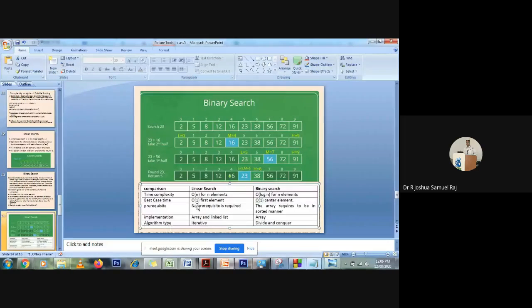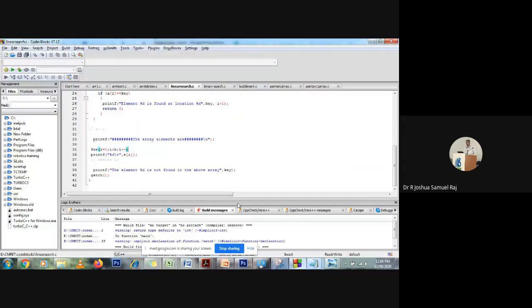The algorithm type: linear search is iterative. You repeat from 1 to n, right? Whereas in binary search, you divide it into two halves and you conquer. So we call that divide and conquer. Okay, and I wanted to summarize with the two